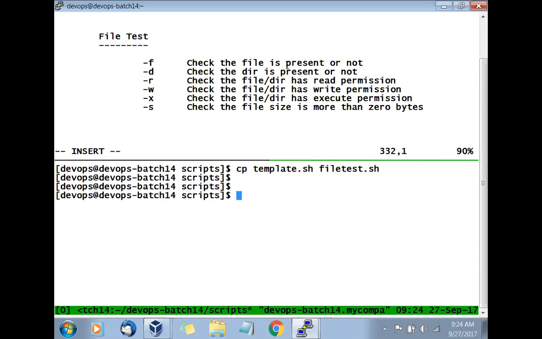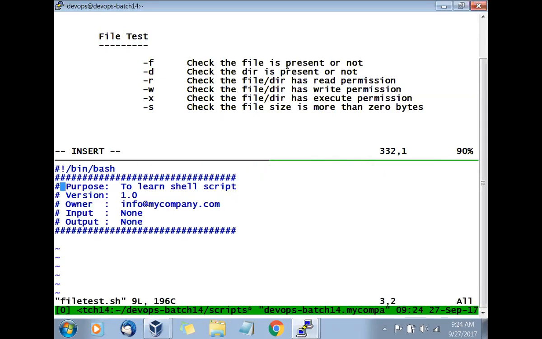We'll say vi file test.sh to learn file test. Now we can take some example. Let's take an example of the /etc/passwd file. What is the /etc/passwd file? It is a user information file, and we'll talk about the /etc/shadow file. We'll work with these two files using this file test.